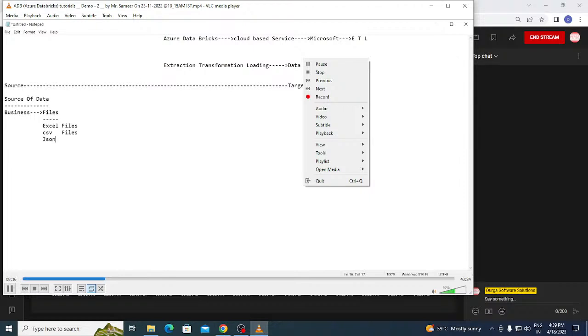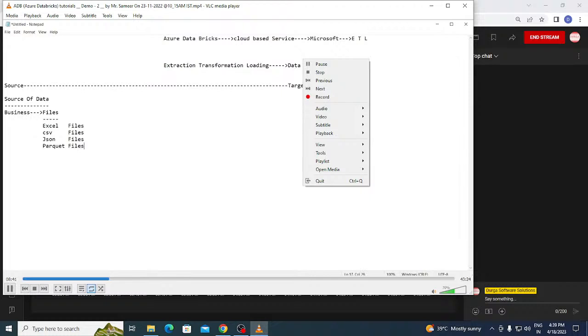JSON stands for JavaScript object notation files. And then afterwards, you have Excel files, CSV files, JSON files, and you have the Parquet files.